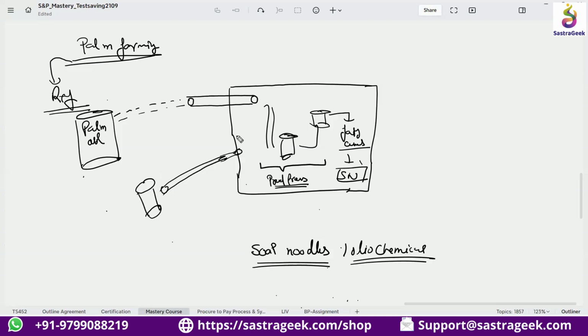When the pipeline is there, this palm oil is one of the major raw materials for me. If I'm getting it through a pipeline, I am reducing my storage cost. It requires big tankers that I need to build to store it, and different kinds of palm oil need different tankers. I cannot mix them. So there is a lot of storage cost which I need to build up, that I am saving. I am saving my inventory cost also.